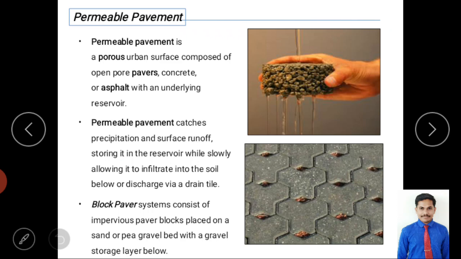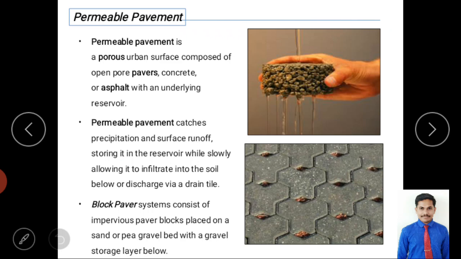When you pour water on a sponge, it allows the flow through it, right? Similarly, the concrete has some strength, but we are providing some openings inside the concrete, right? We are maintaining all the engineering strength and requirements of the structure, but it allows the flow of water. That's what is called porous pavement or permeable pavement, right?